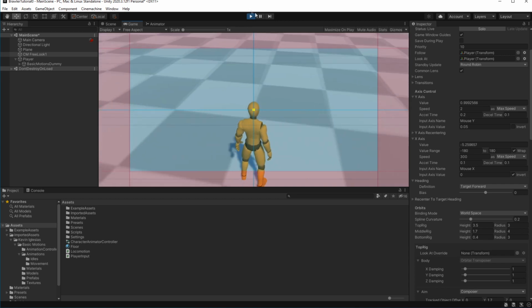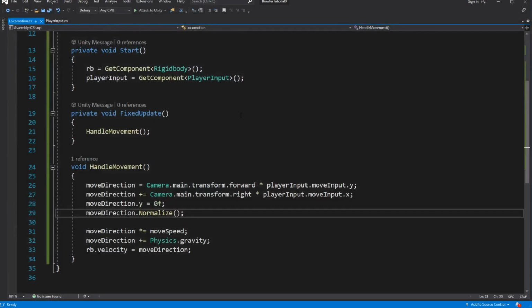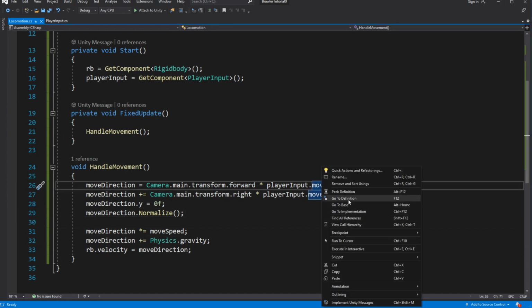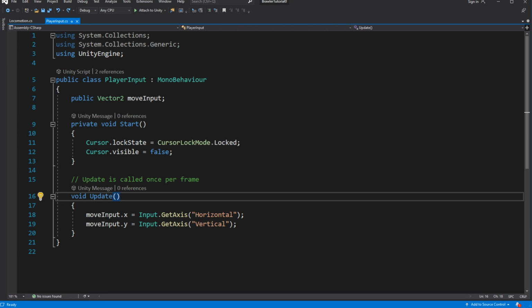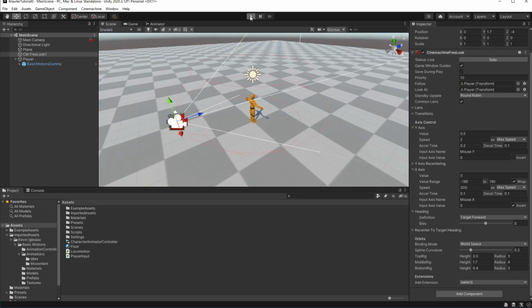To fix this, let's actually use GetAxisRaw instead of GetAxis. If you use GetAxis, Unity will apply its own smoothing and gravity to the button. It is not a bad thing, but for the movement, in my opinion, in our case, it is easier and more convenient to just use the raw input of the axis. Plus, we will replace this part later on with the new Unity input system.